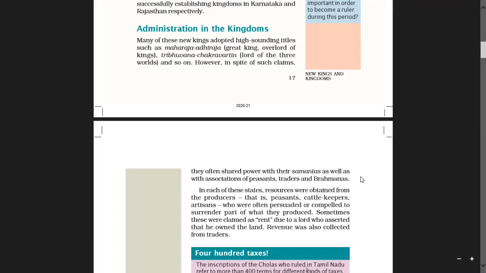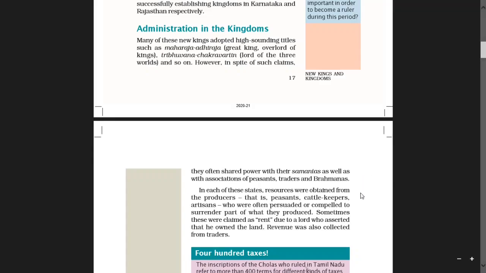A peasant is a person who owns or rents a small piece of land on which he or she grows crops and keeps animals to feed his or her family. Traders are business persons, and Brahmins.